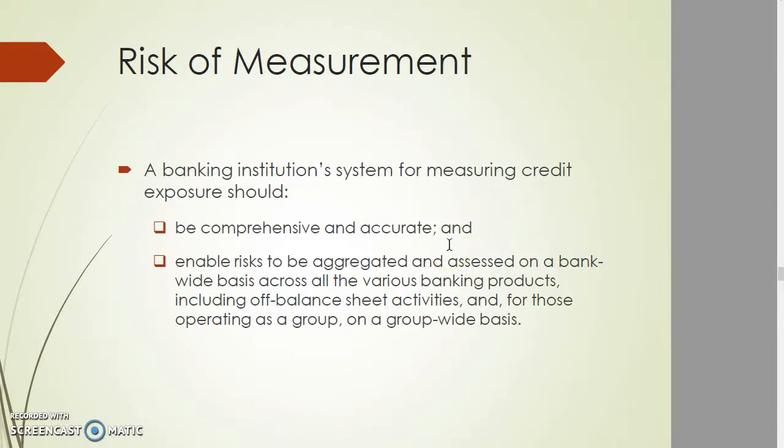Next, we will go through the risk measurement. We know that the definition of risk is uncertainty. That is why there are a lot of processes involved in the risk measurement of the banking institution. We will learn in this risk measurement what the processes are and what methods the banking institution uses to measure the risk.